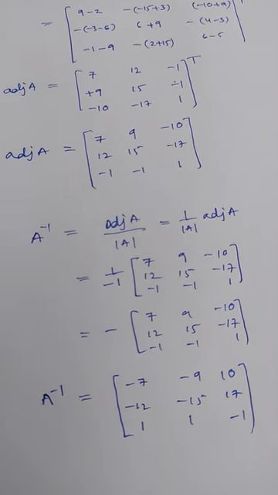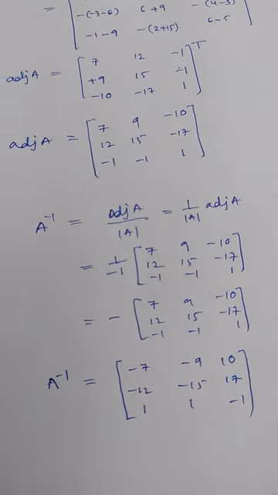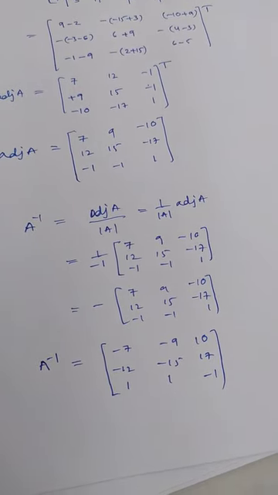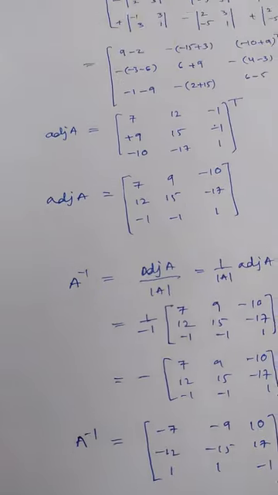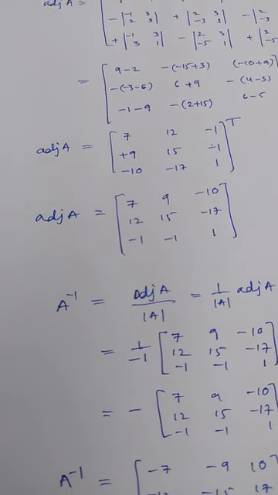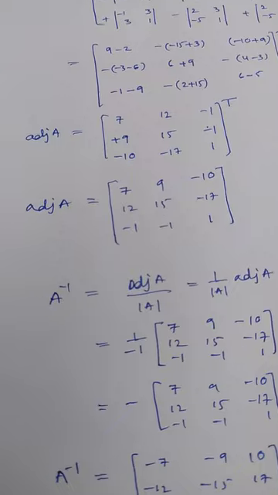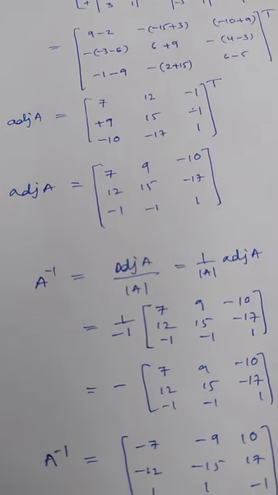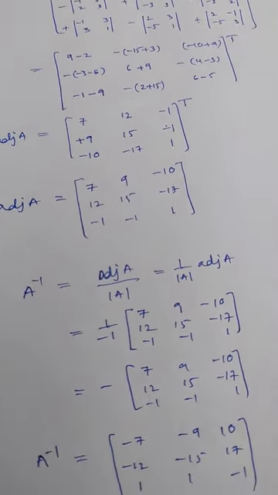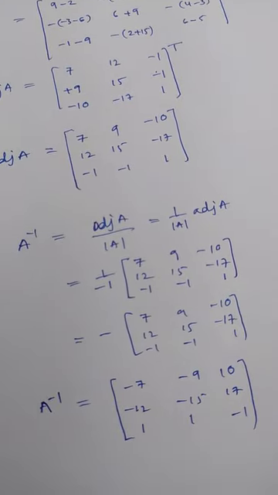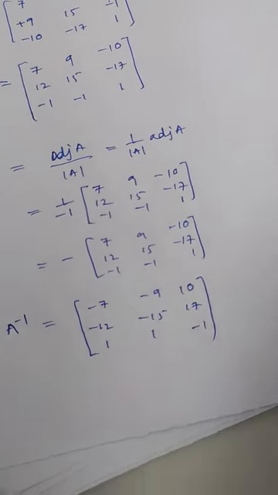Okay students, this is the procedure to find the inverse of a matrix. Just remember that before finding the inverse you have to find the determinant of the matrix. That means you have to check whether the matrix is non-singular or singular. If you get determinant 0, you can write inverse does not exist. If determinant is not equal to 0, then we can conclude that it is a non-singular matrix, and we can find the inverse by finding adjoint A, then dividing by the determinant. Automatically you will get A inverse.